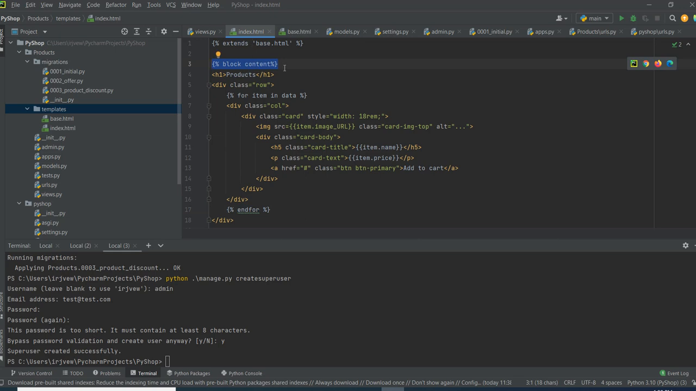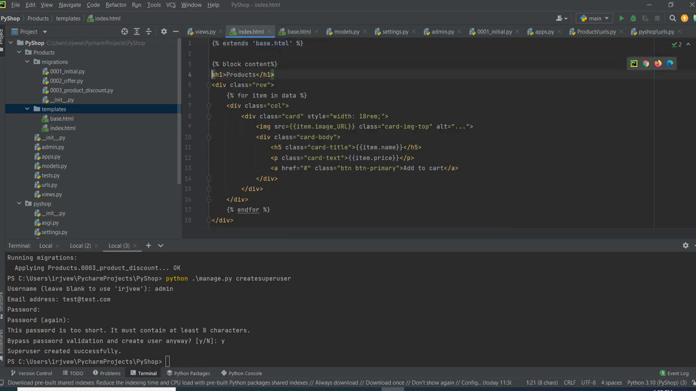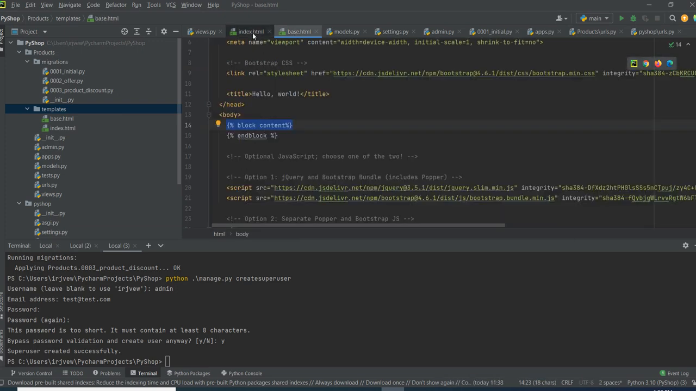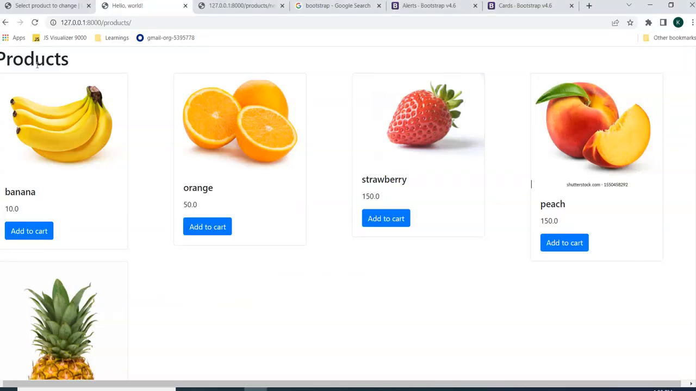Once Django tries to render this base.html, in the base.html only it will have all the markup defined over here, and it will look for this block content, and this content will get replaced over here. This entire content will get replaced in this block content. That's it. Now what I want to do is add some kind of navigation bar